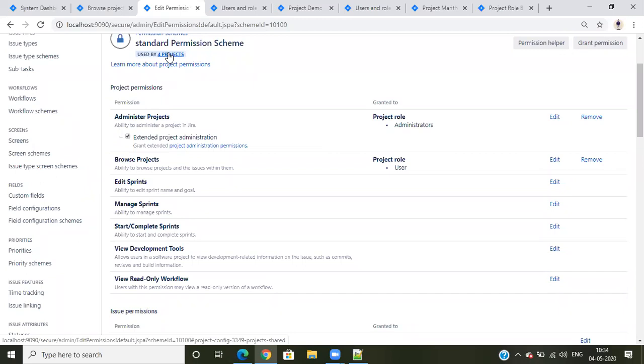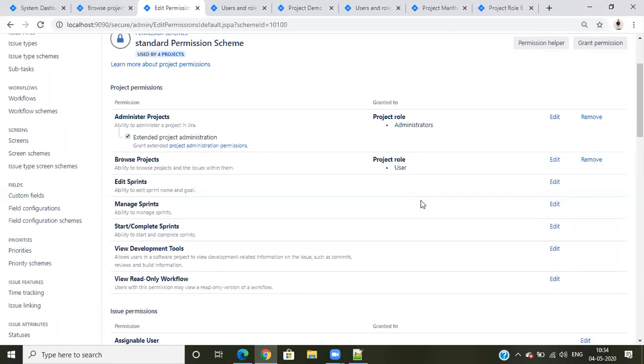Instead of that, we can use one permission scheme for all projects, and manage users based on these project roles. Because if I add any user here, and the user is not related to any project, he can work globally. Suppose any group also. If I add any group here that is not linked with any project, that group will work globally. So the group is not linked to any particular project. Only the project role is linked with projects, and each project's roles are different. So we can maintain it like this.